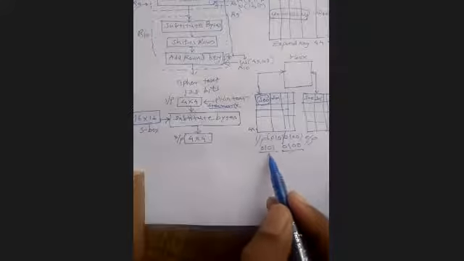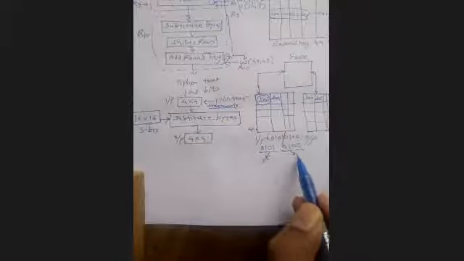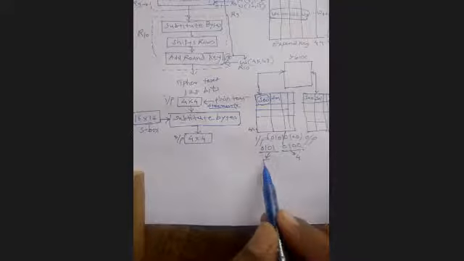Okay, so what is the digit? This is a binary number. So what is the digit value of this one? It is 5: 0, 1, 0, 1. And what is the digit value of this one? 4. Now what they have said is that you have to multiply 5 multiplied by 4. How many? 20.